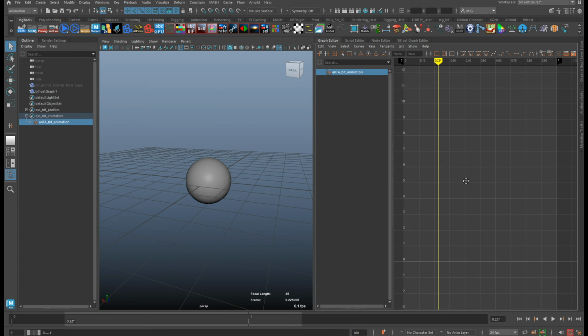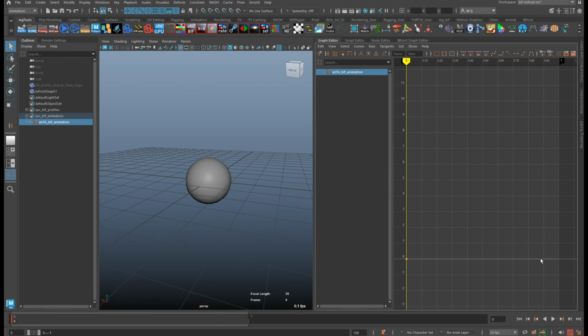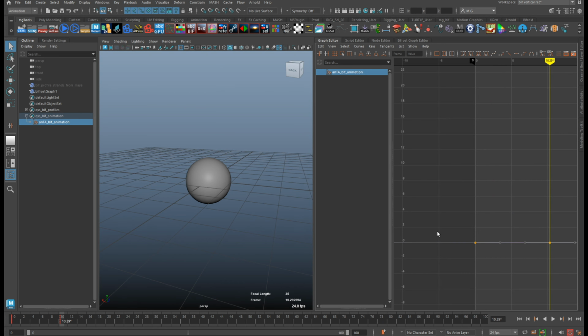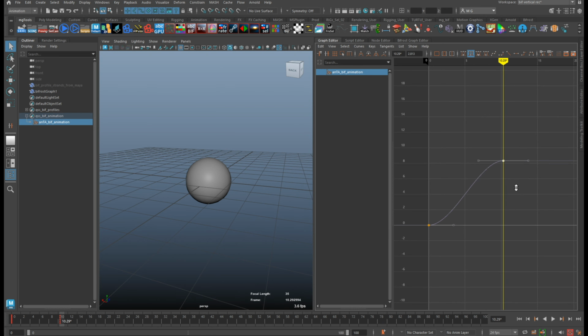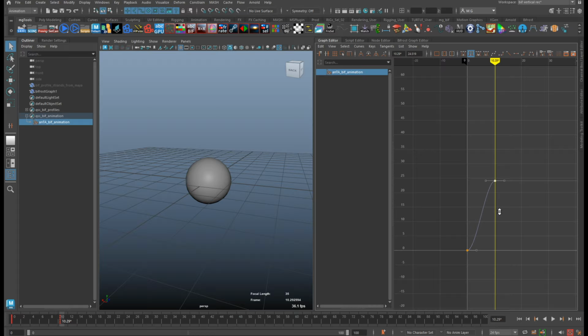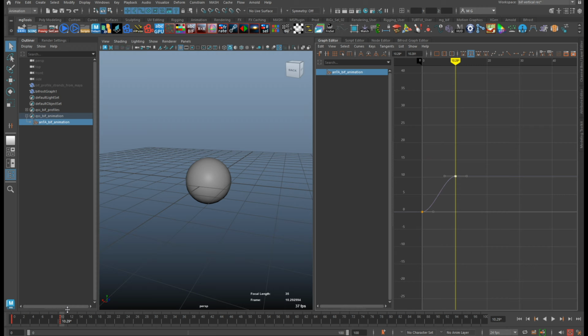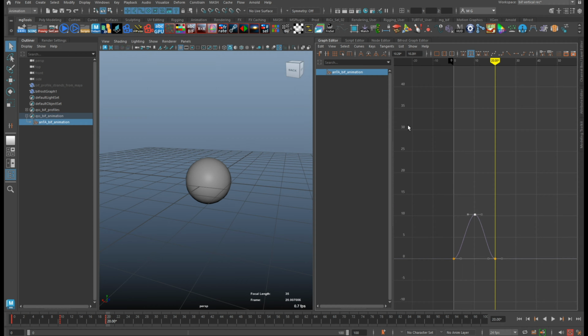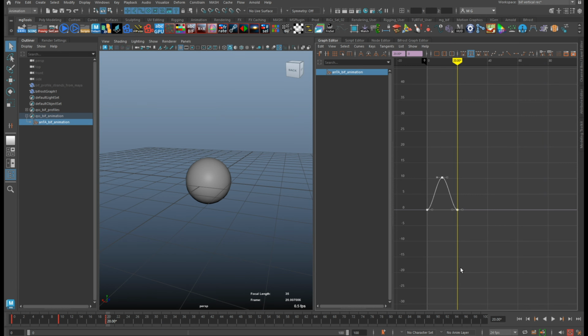Let's go to the graph editor to frame 0. Will be good, and maybe let's expand here to frame 10. Add a key, press S, and modify this value maybe to 10 or something like that as well, and then frame 20 or so. Another key, and let's go with 0. We have just a simple up and down animation,